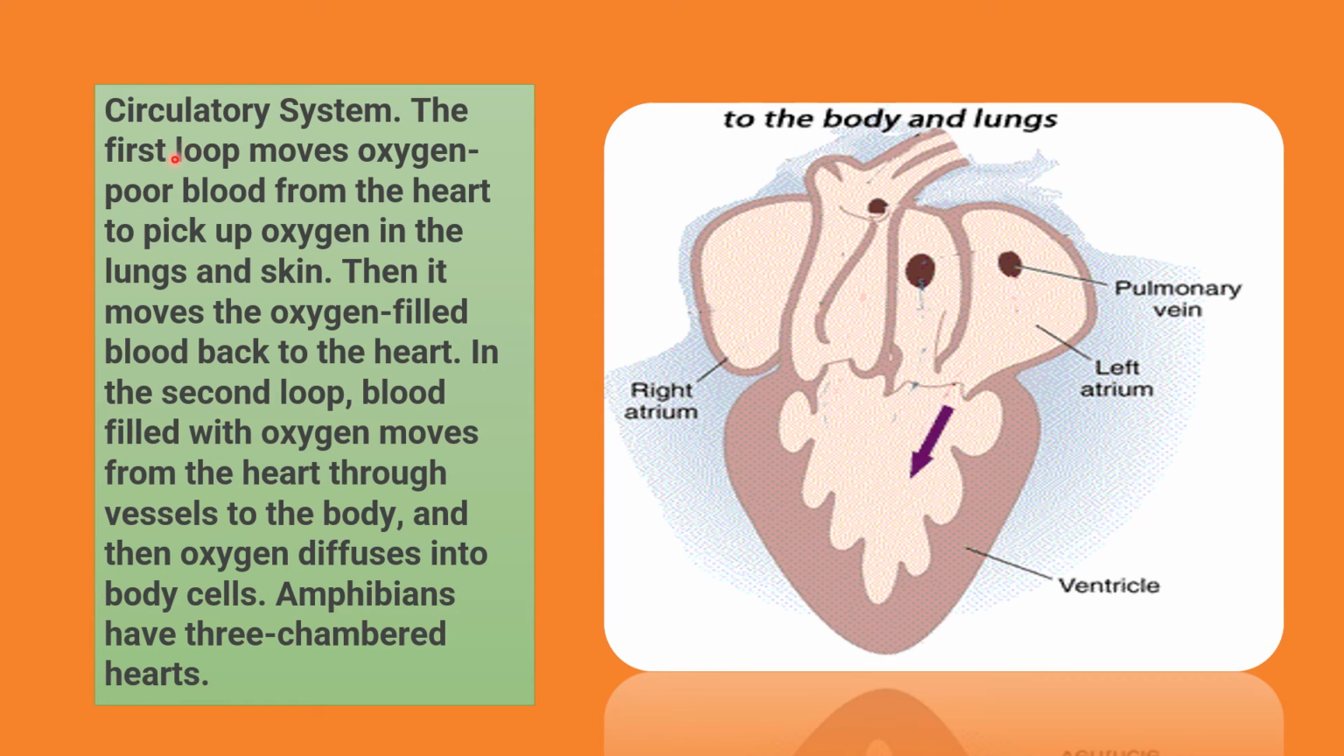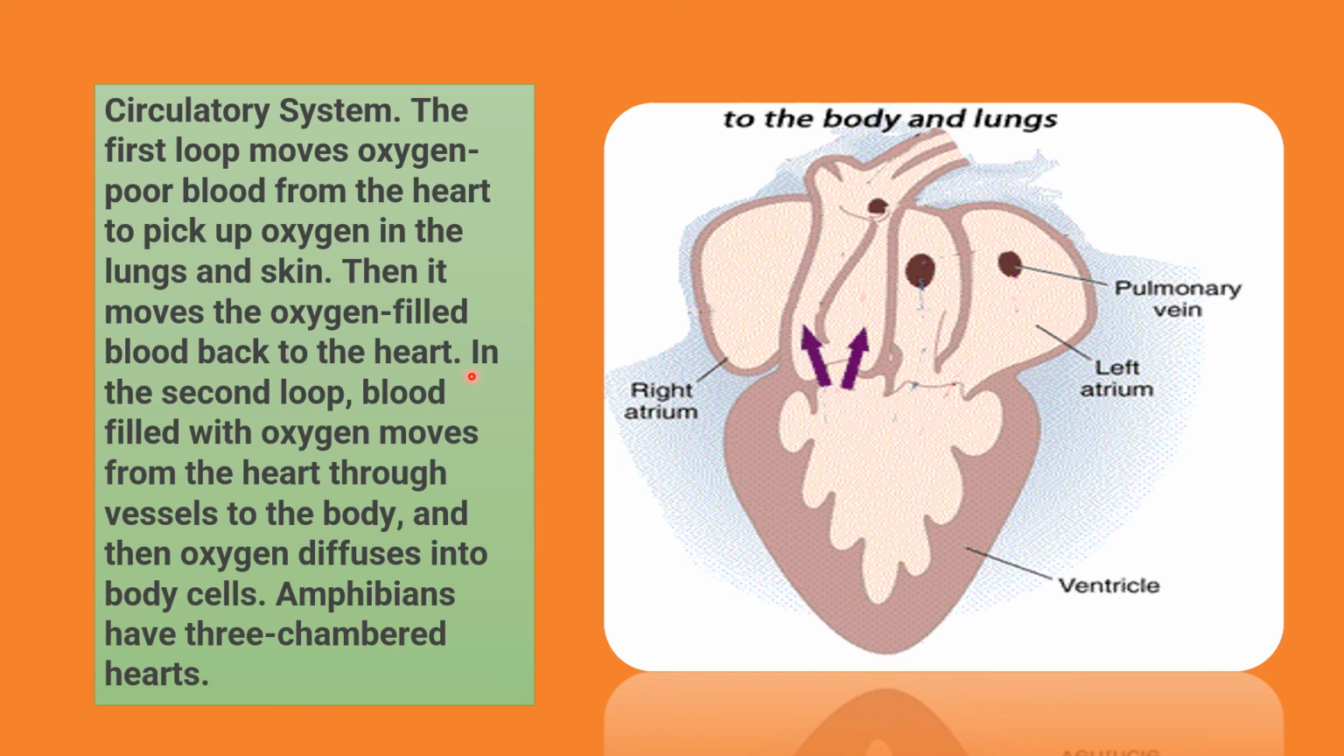How? The first loop, that means the first circulation, moves oxygen-poor blood, that means deoxygenated blood, from the heart to pick up oxygen in the lungs and skin. Then it moves the oxygen-filled blood back to the heart. So this is the first circulation. So the first loop moves oxygen-poor or deoxygenated blood from the heart to pick up oxygen in the lungs and skin. Then it moves the oxygen-filled blood, after being oxygenated, back